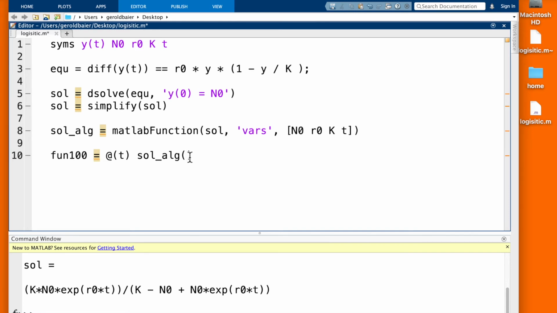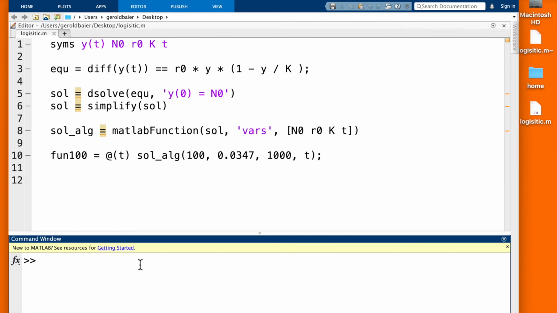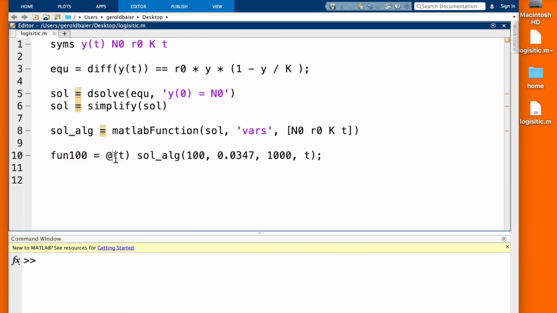So we put the initial condition, which is the starting population of 100. Then we specify an r0 as 0.0347. We just take that from the materials. The scaling factor should be 1000 in our case, and time will just remain time. And if we have this function, we can just copy and paste it